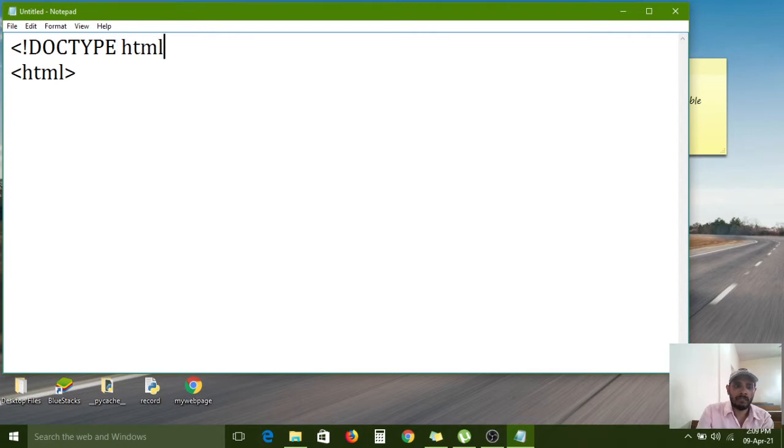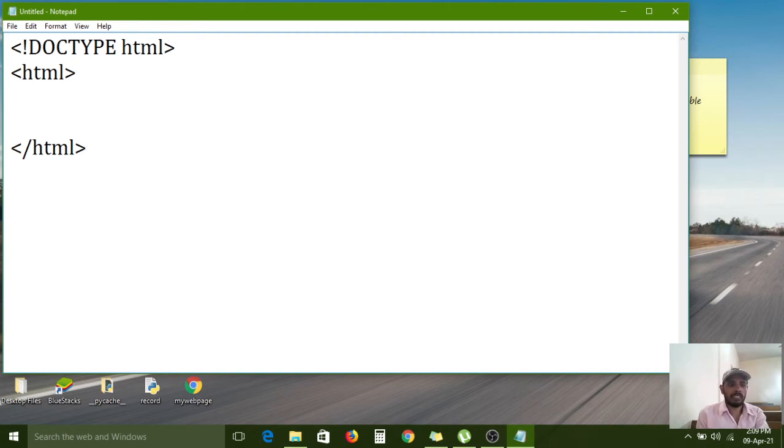Now I am telling the browser that this complete web page is developed with the HTML5 standards, and the root element is html, with an opening tag and a closing tag. How is the closing tag used? Same as the opening tag, along with one slash symbol. So this is the opening tag and this is the closing tag.